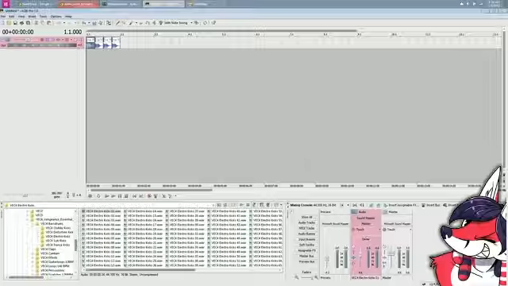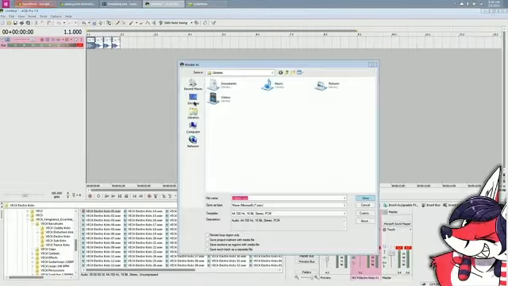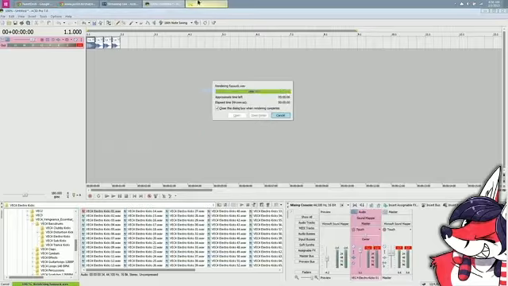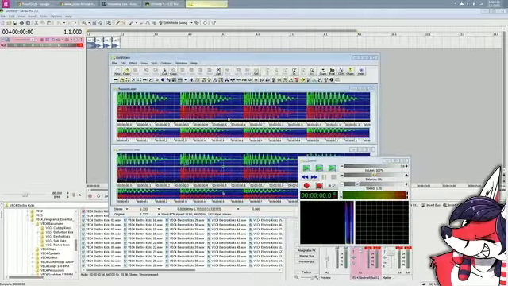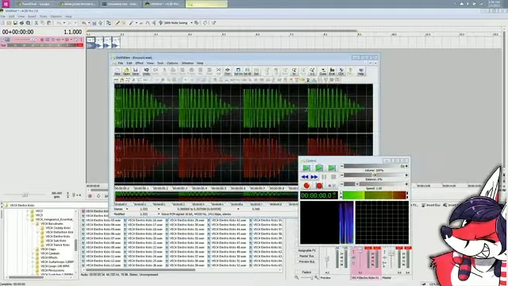Because if I clip this here, yeah, we're clipping big time now, and if I export that, it should just clip off at 0. Yeah, it'll all clip off up there, just chopped off the top.